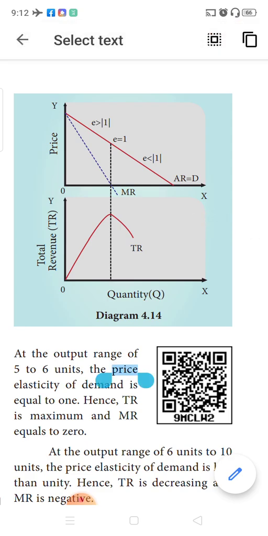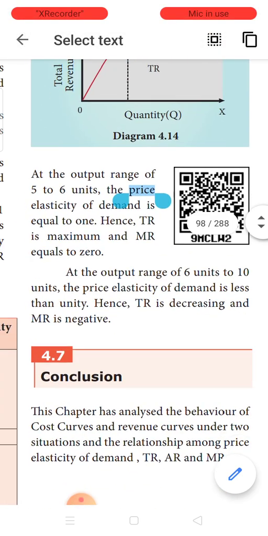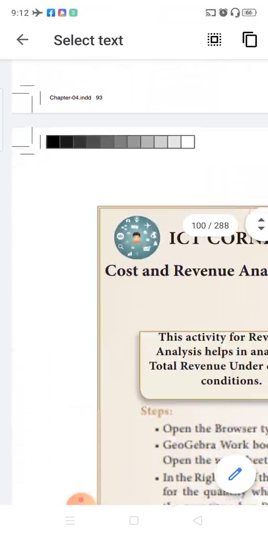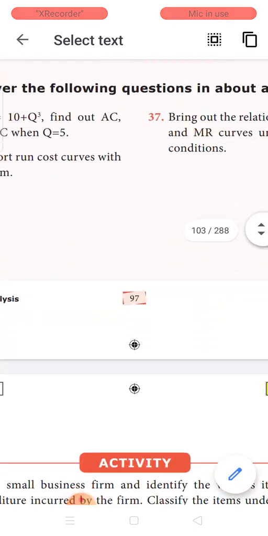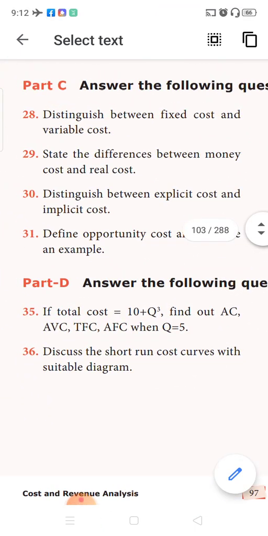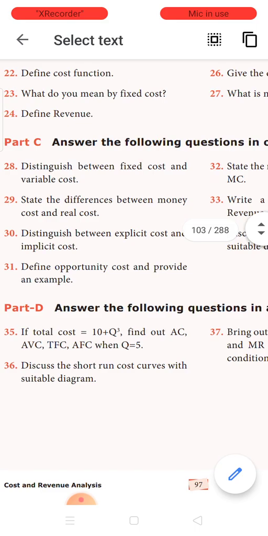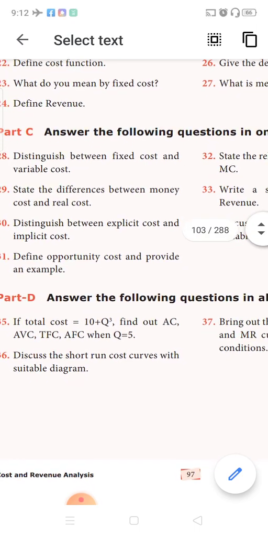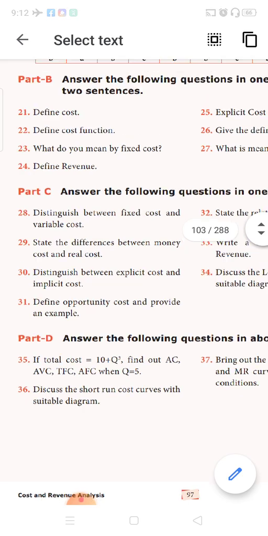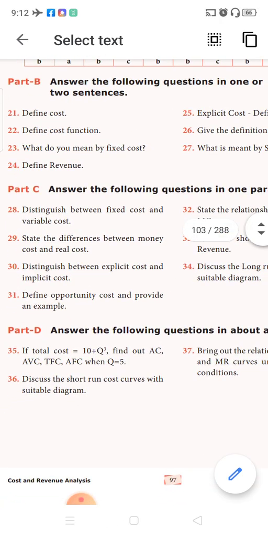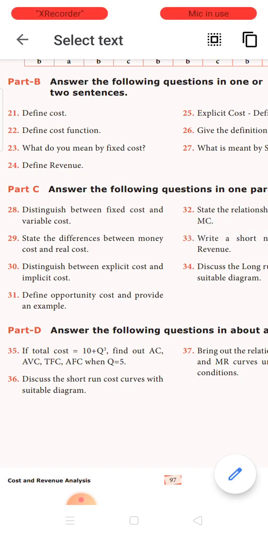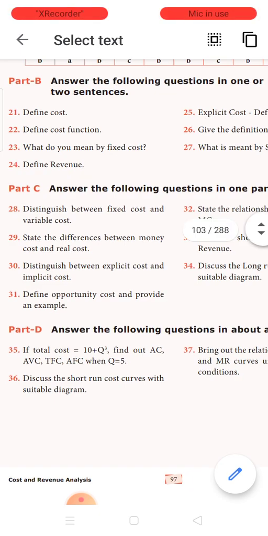And regarding the Q&A, the homework for the day: there is one sum, which I shall teach you in the next class. I want you to learn and write 28 to 31. Okay, learn and write 28 to 31.